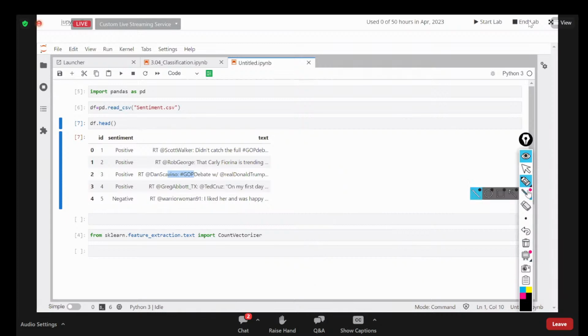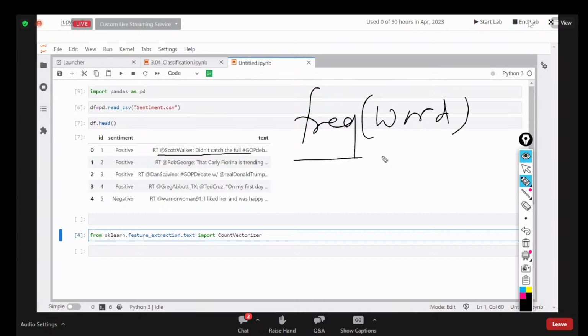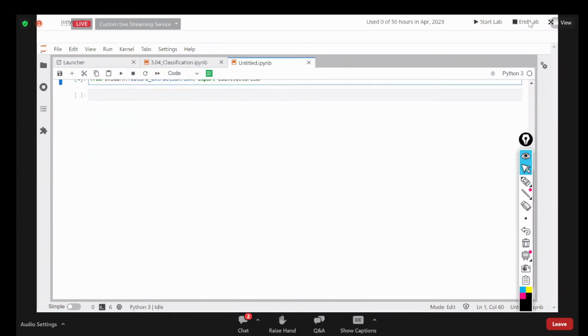And for doing that, it's not a very difficult task to build something like this. All we need to know is how many times a particular word is happening in each of the reviews. And I can find out the frequency of a particular word divided by the total number of words, and that is called likelihood. And we will calculate likelihood for each word. And then we will apply our naive Bayes algorithm. It will go like this. What is the